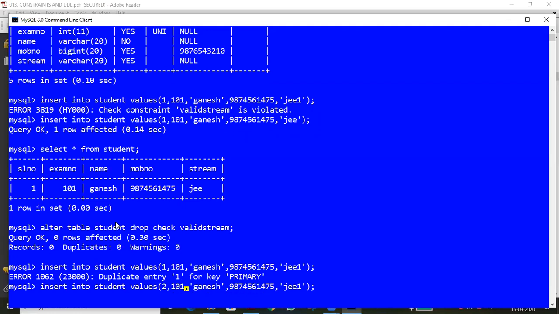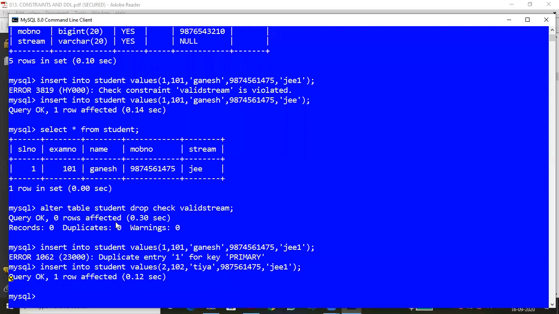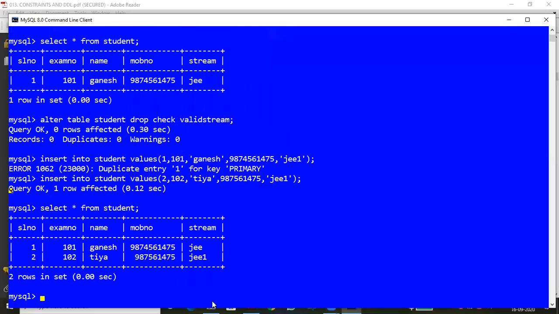So now I'm changing the value, and the phone number. Now I am applying JE1. It will accept, you can see. Have you got it? It accepts JE1 because we removed the constraint.